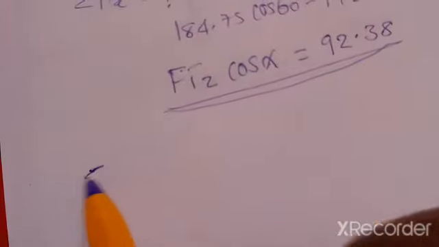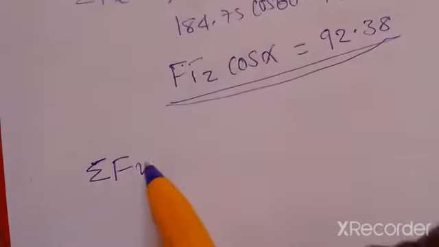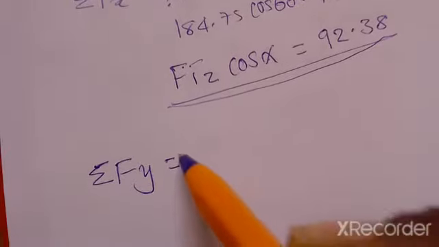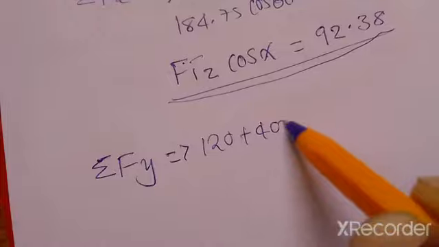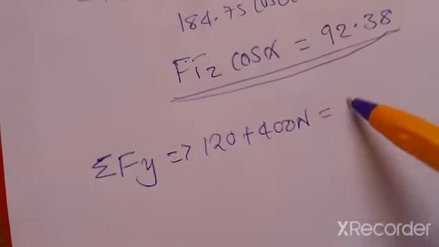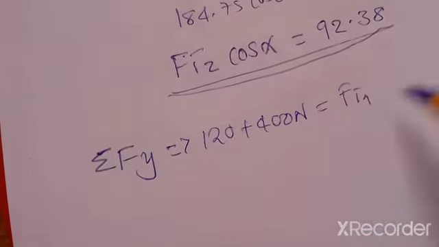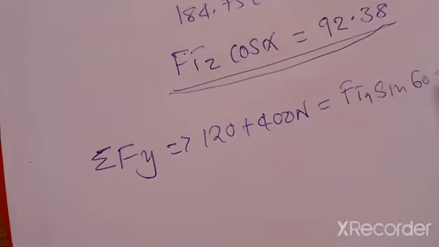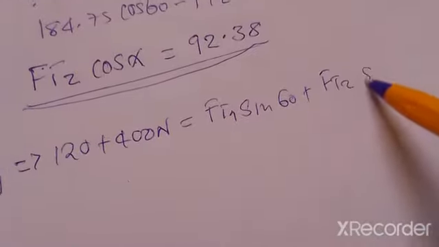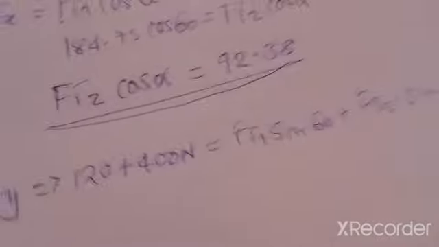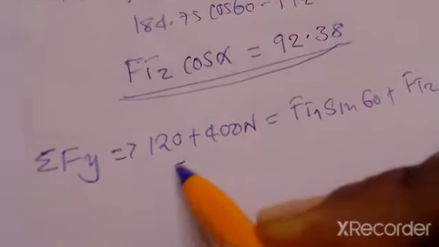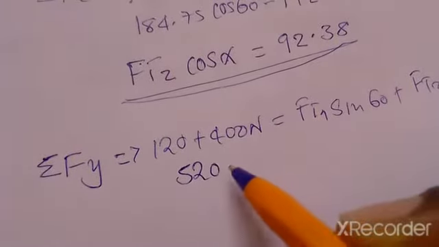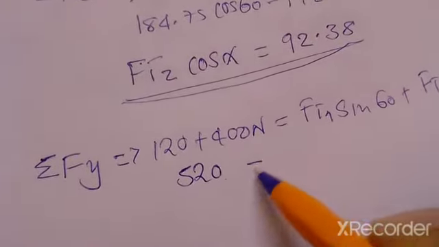We'll have summation of forces in the y-axis will be equal to 120 newtons plus 400 newtons being equal to ft1 sine 60 plus ft2 sine alpha. That's what we have. So if we simplify this, we're going to end up with 520 newtons being equal to